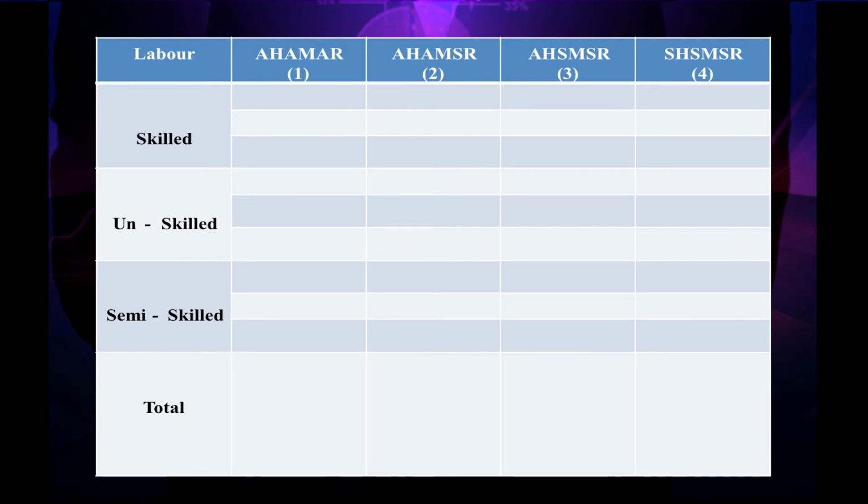First we will write the standard rate for the skilled, which is 4. So, the standard rate for the skilled comes in column 2, column 3, column 4. For unskilled, the standard rate comes in column 2, column 3, column 4, that is rupees 2, and for semi-skilled the standard rate is rupees 3, which comes in column 2, column 3 and column 4. Now, we will write the actual rate for skilled, which is 5, unskilled, which is 1.8, and semi-skilled, which is 3 in column 1.